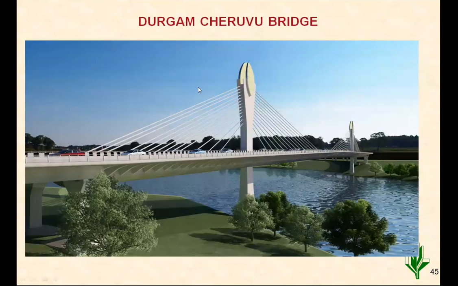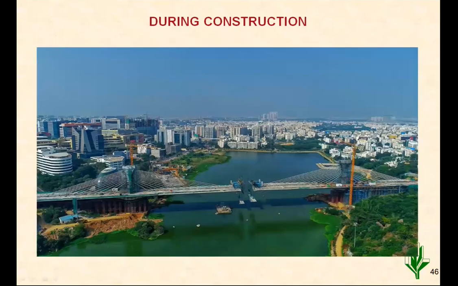This is the view during construction. The main challenge in the construction was that the two pylons are planned on the edge of a lake. So the backside spans could have been erected regularly on staging support. Erection of these segments inside the lake was a challenge. So what they have done, L&T has constructed this bridge. They have made a casting yard nearby here only. They have a floating barge, a shallow depth barge, that carries the segments, and there are two deck erection cranes. The erection is going on simultaneously from the two sides.